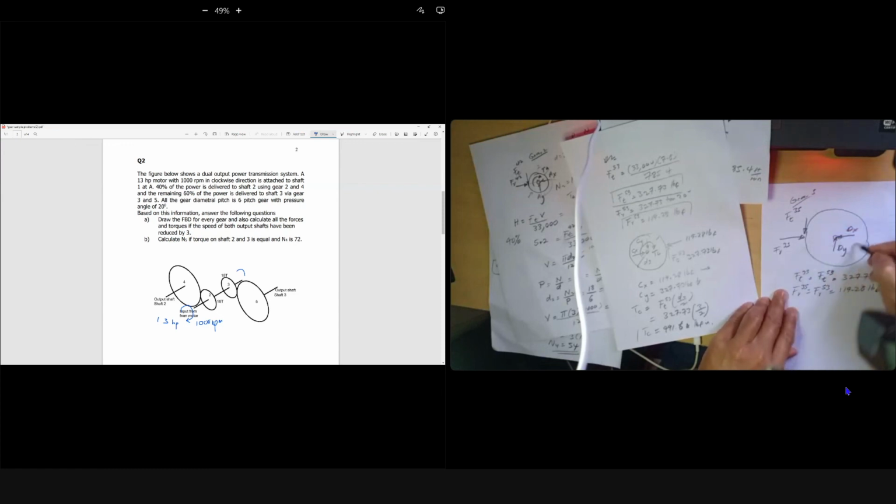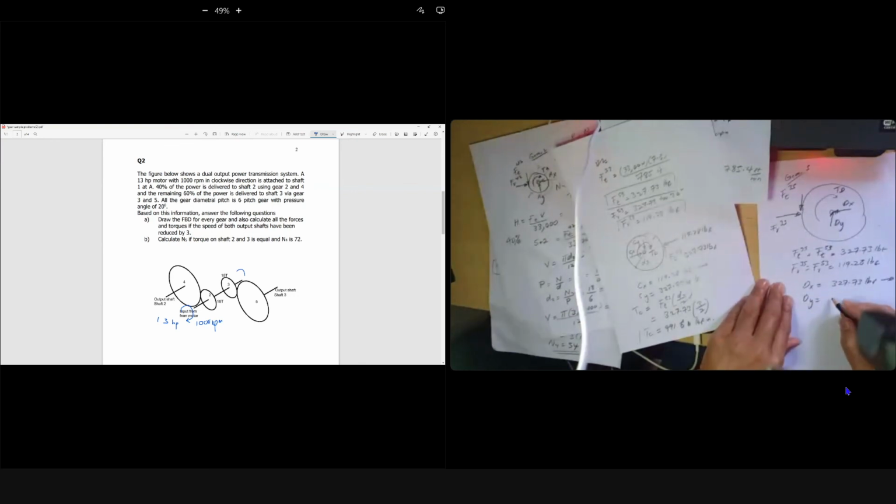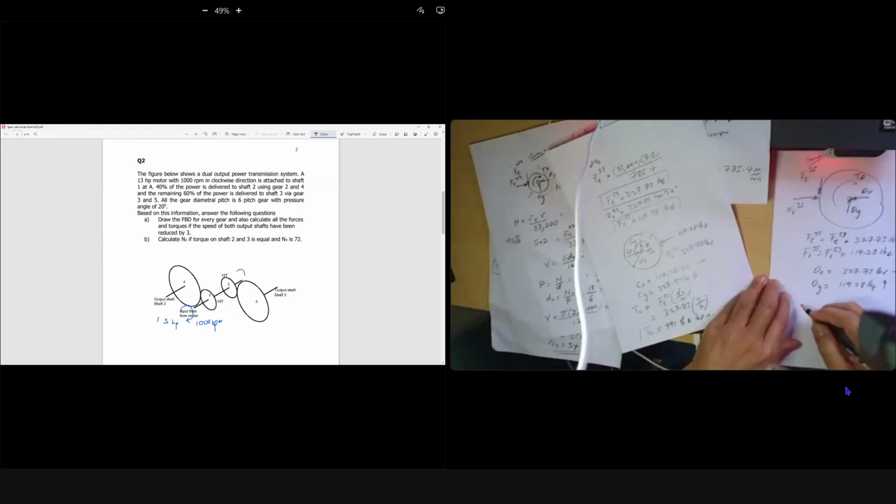This produces counterclockwise, and this is the clockwise direction of your torque D. Your dx equals the same F tangent, 327.73 pound force in this direction, and dy equals 119.28 pound force outward, and your torque D equals your F tangent 35 times the diameter